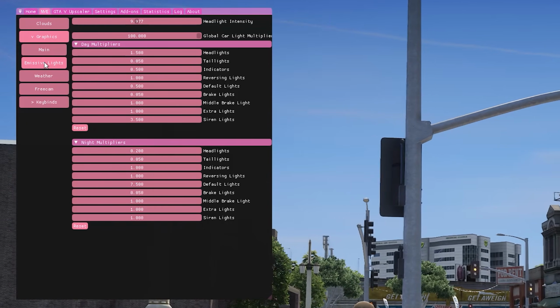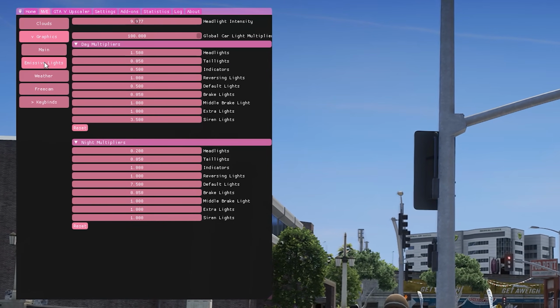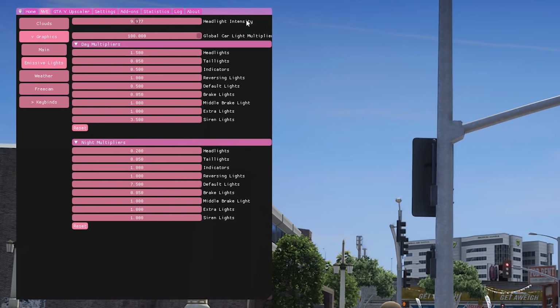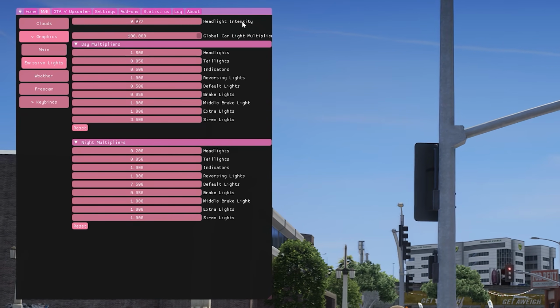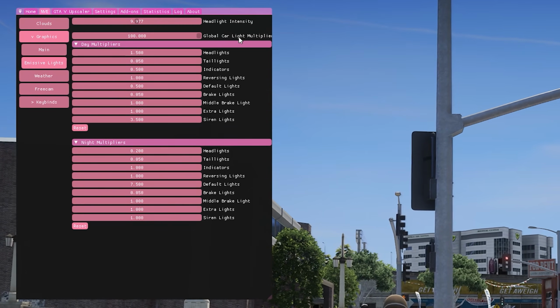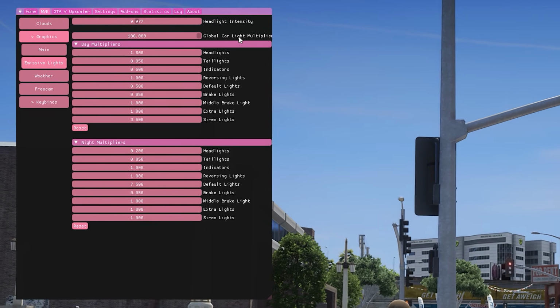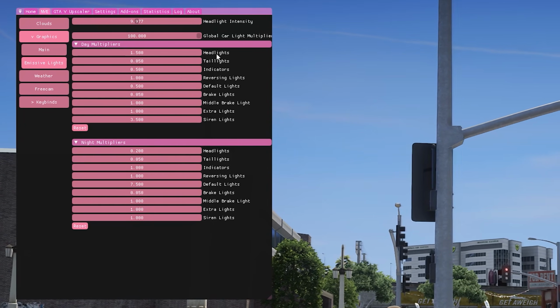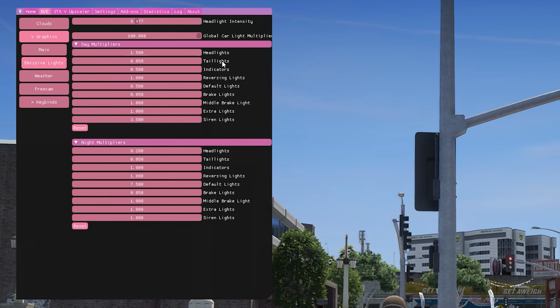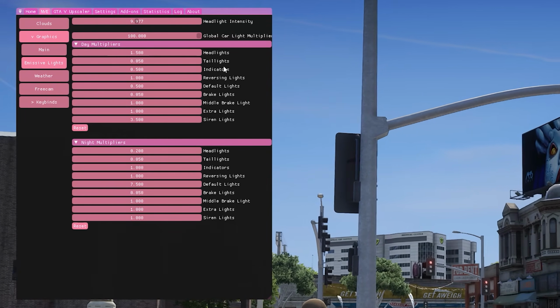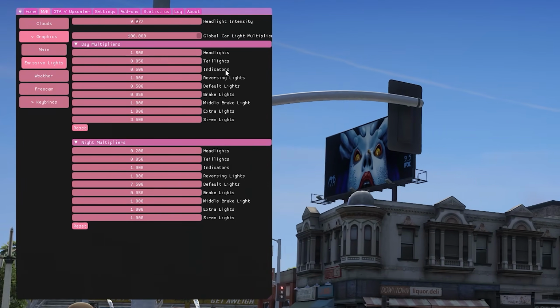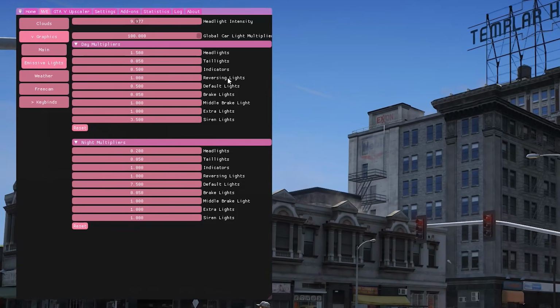Now let's get to the good stuff here. Emissive lights, headlight intensity. I'm using 9.977. Global car light multiplier set at 100. Here are our day multipliers. Headlights at 1.5. I've got taillights at 0.050. Indicators at 0.500. Reversing lights at